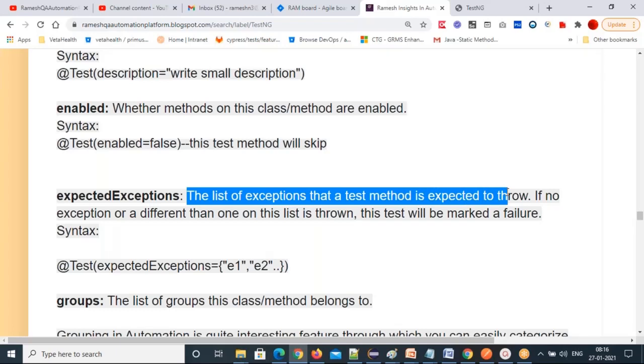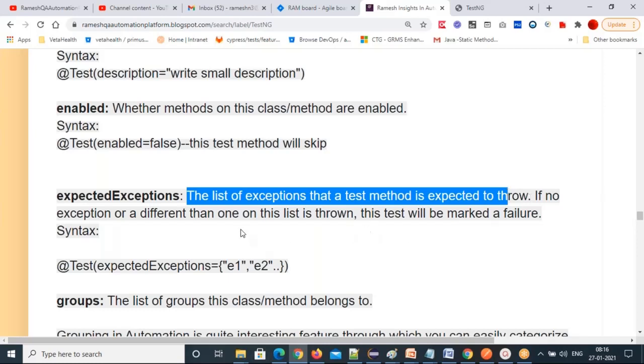NoSuchElementException, TimeoutException, StaleElementReferenceException, ElementNotInteractableException, NoSuchWindowException, NoSuchFrameException. These are all different exception classes, and you're expecting some exceptions for this test method.